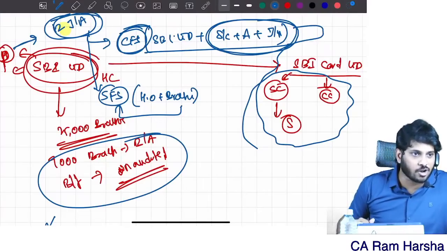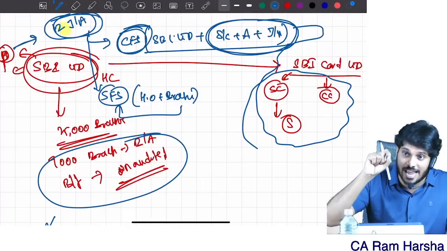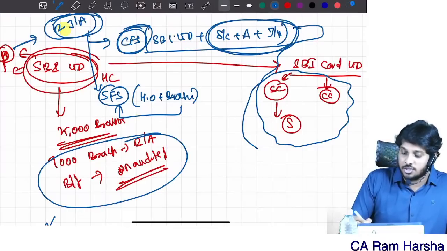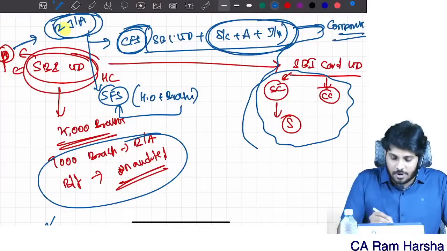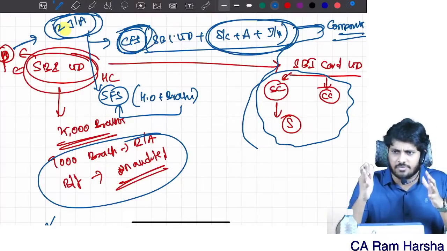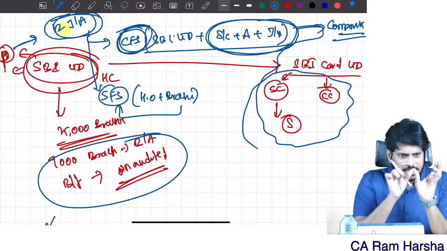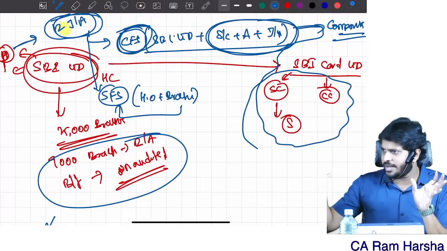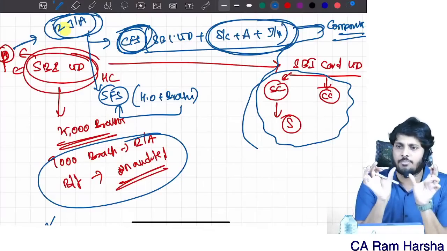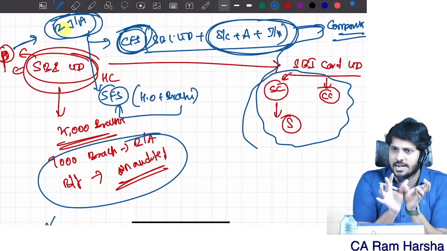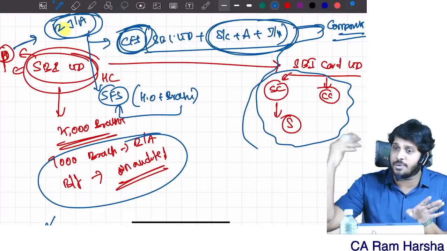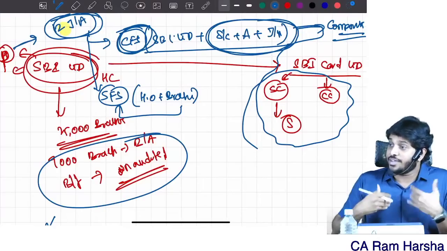How can I give an opinion on a consolidated balance sheet which contains assets and liabilities belonging to subsidiaries and joint ventures? These are called components. From consolidated financials, holding company plus remaining components. Component means it can be a subsidiary, an associate, or a joint venture. So holding company plus components put together is called consolidated financials. But I am not auditing component financials. Component financials are audited by other auditors. Now how can I give an opinion on this?